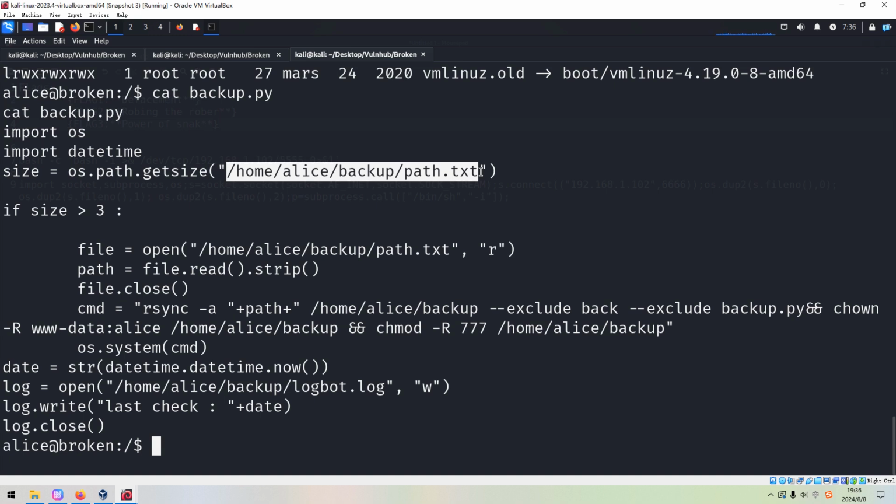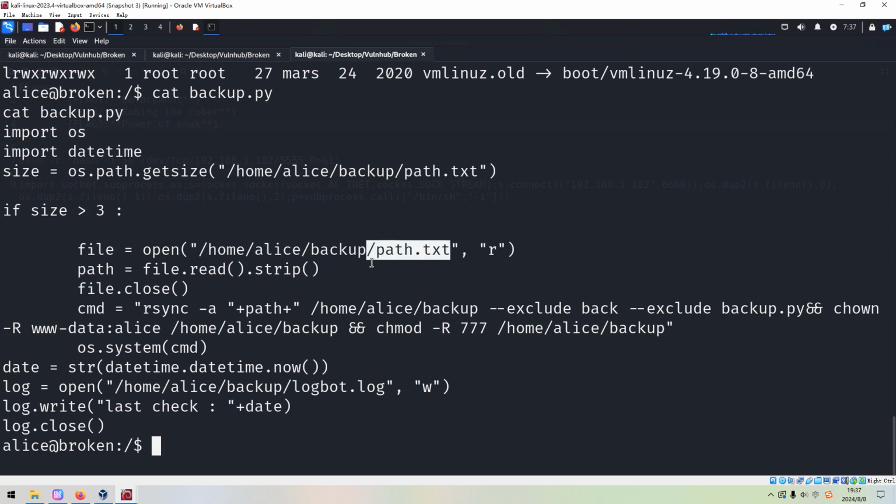At this moment, the size is 0, so it doesn't meet this condition. We can check whether the size of this file is larger than 3, and then it will open up this file and read. So it will read the path from this file, and then do the synchronization.